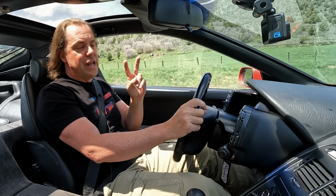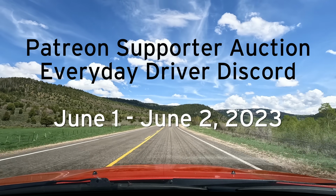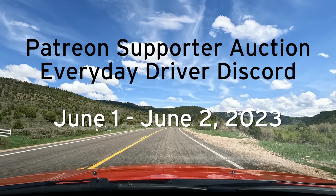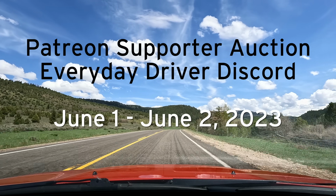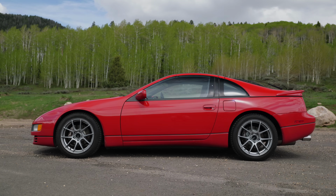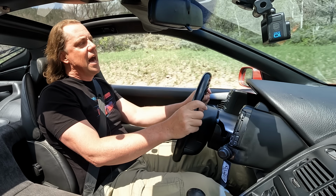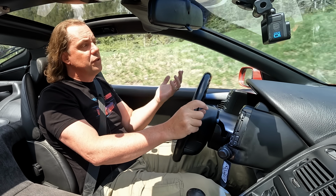That is happening over the next 2 days. That is Thursday, June 1st and Friday, June 2nd. By the end of June 2nd, there will be a new owner of this car. We'll figure out delivery. I'll give them this car, all the records, the original stock wheels, even though I prefer these. They will get a car that they can drive, and I will watch it drive away with some sadness,